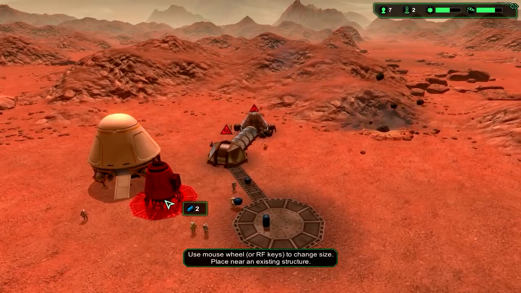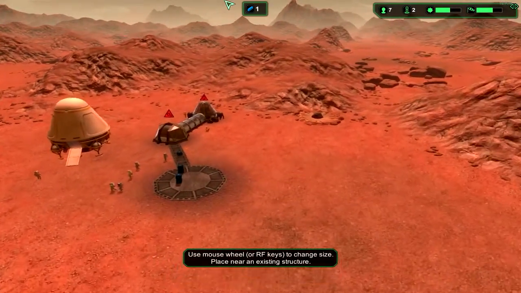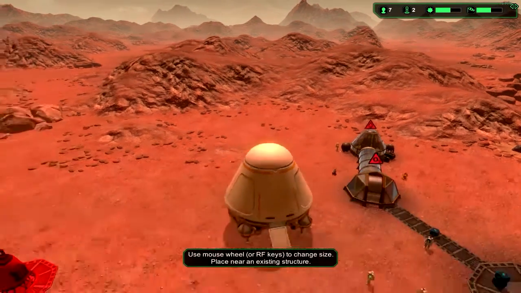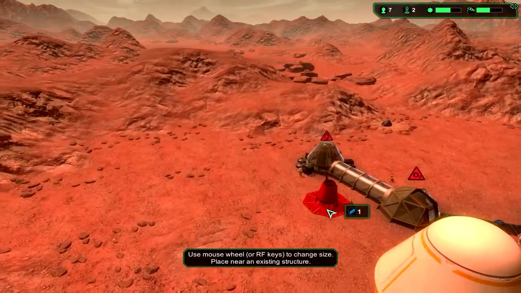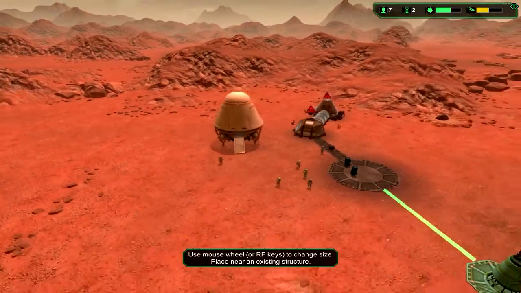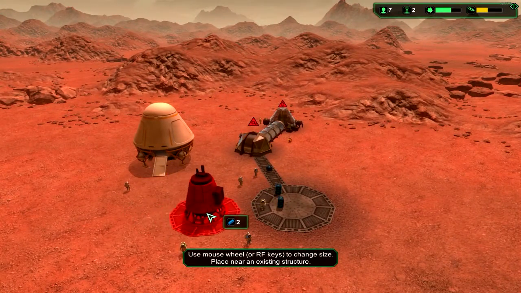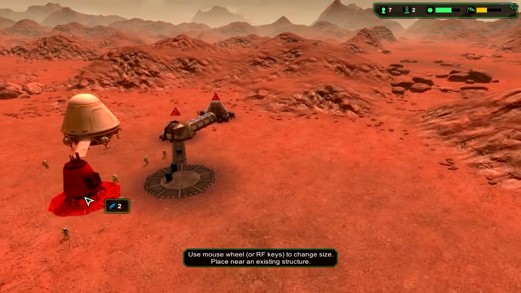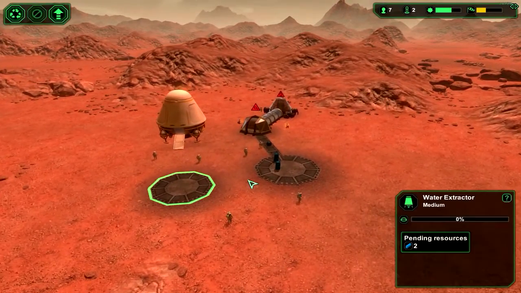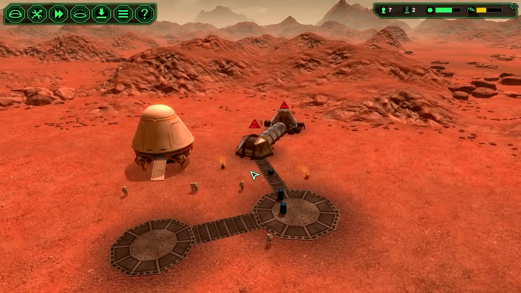Let's see here, where can I put this guy here? This ship's in the way here. We gotta go fast here. I don't want to be wasting time trying to find the perfect spot for this. I guess that's good for now. We can redesign all this stuff later. We're just trying to get this up and going because